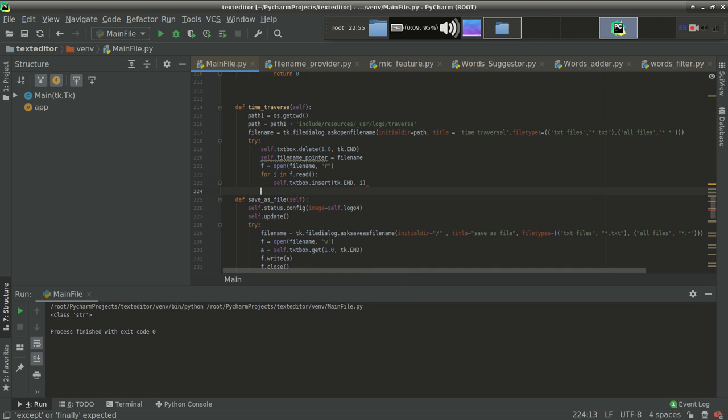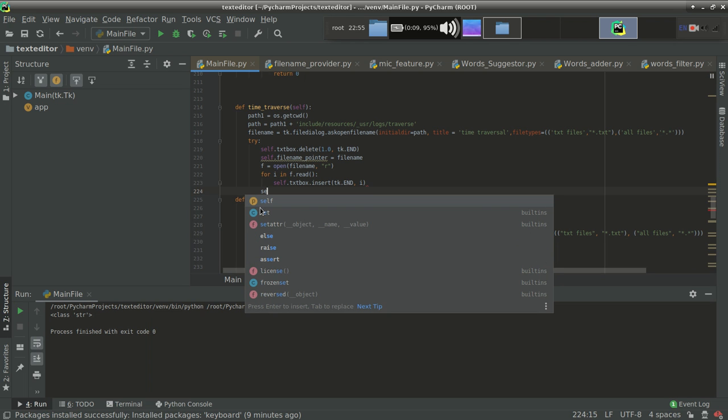Now if I have done reading, then what should I do? Then in that case I have to update this file address label also, because we are opening a new file.